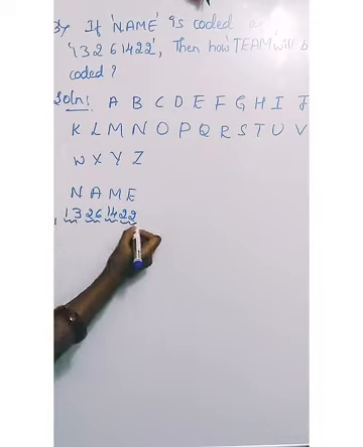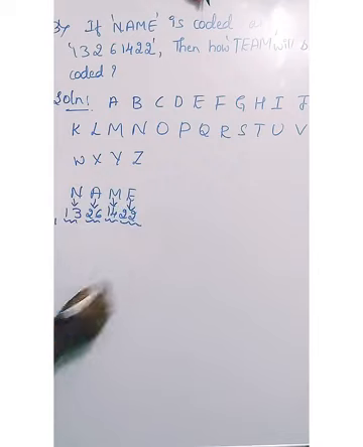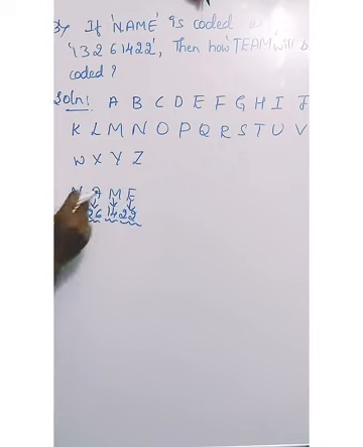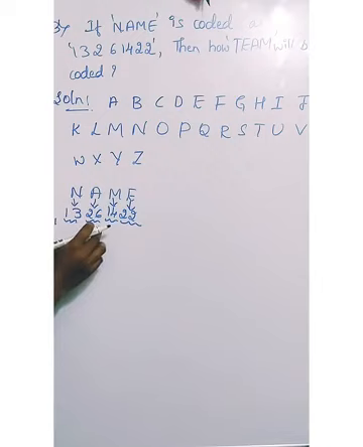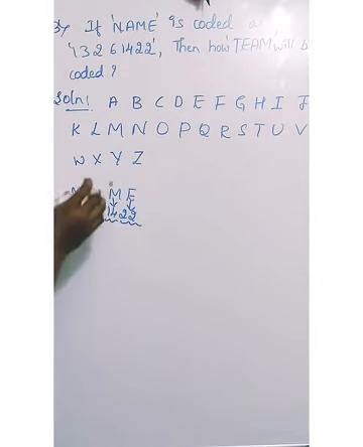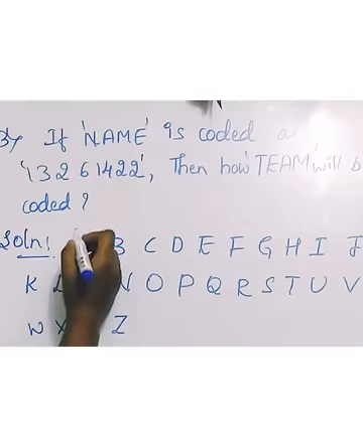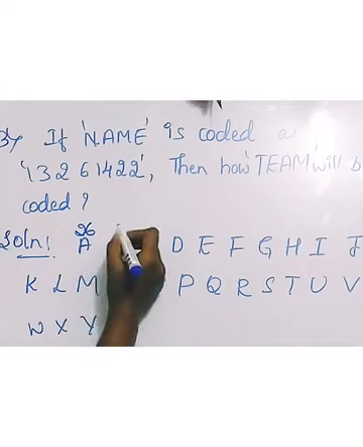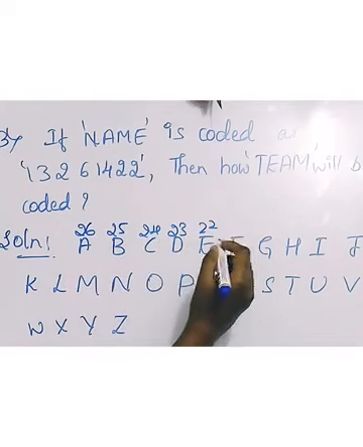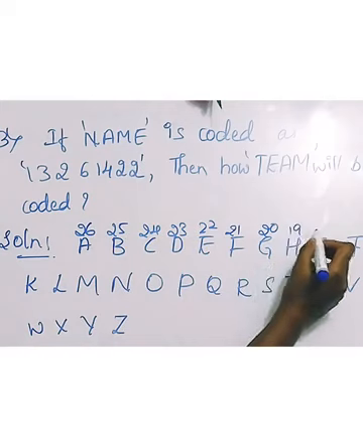Like that we should do the codings. Okay. See here, for A they have given 26. This is a backward numbering technique you should apply here. For A we take 26, which means you should number from 26 down to 1, from backward to forward. For A I am choosing 26, here 25, 24, 23, 22, 21, 20, 19.